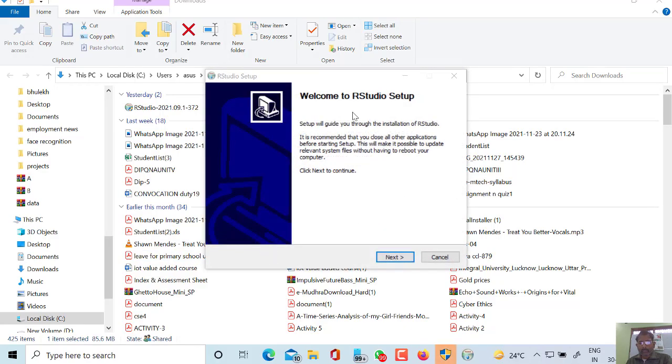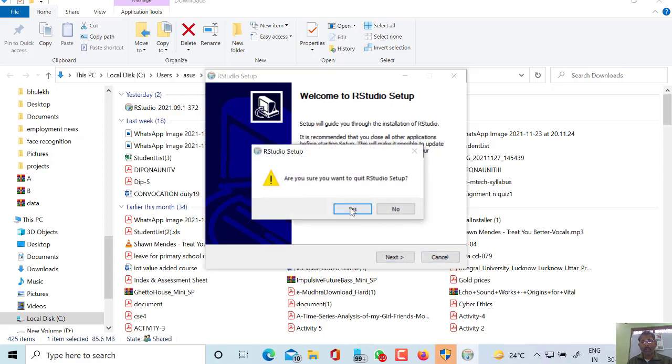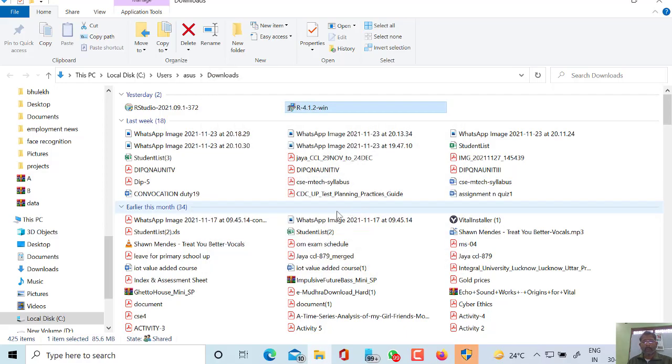As in my system it is already installed, I am saving my time. You need not change any of the folders. You will install as per the given instructions and follow all the instructions given by the software.